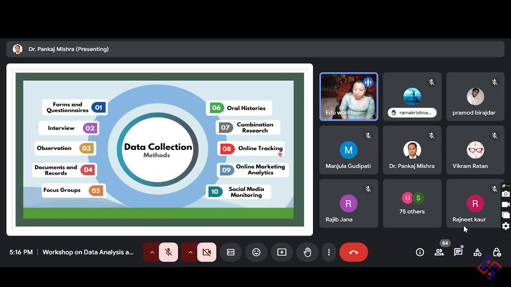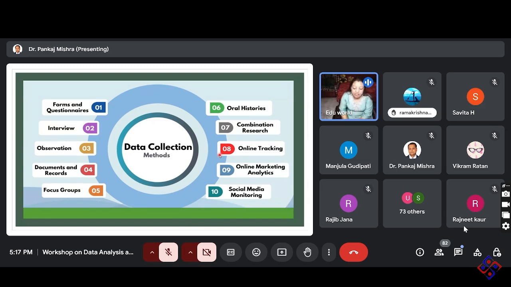Not only for products, even for incidents also. Like in Kolkata, you are very much familiar that recently there was a rape case that was carried out in a very brutal manner. In that case, what are the people's views? We want to track those things. So we can use the YouTube sources and the Facebook sources also. Based on the reviews that we are getting on YouTube, we can use these online tracking methods through which we can actually generate the information.